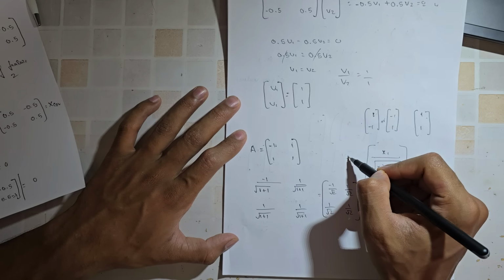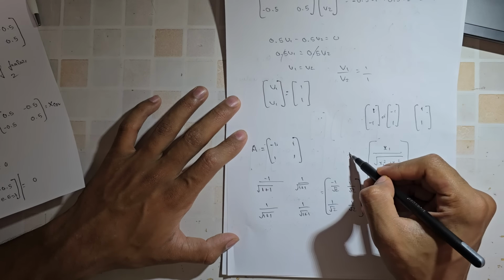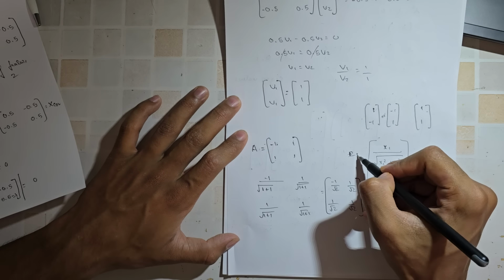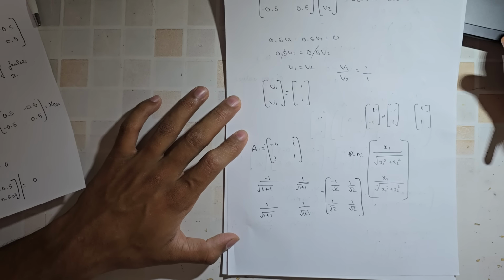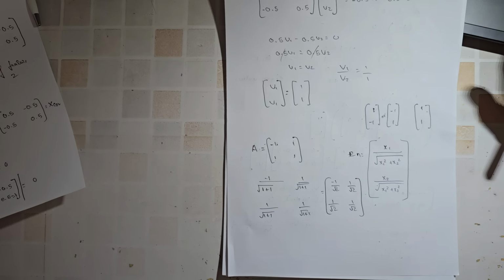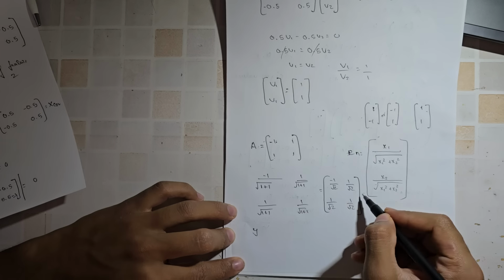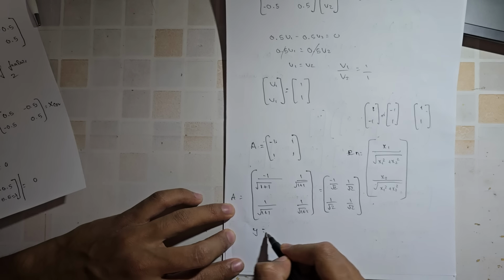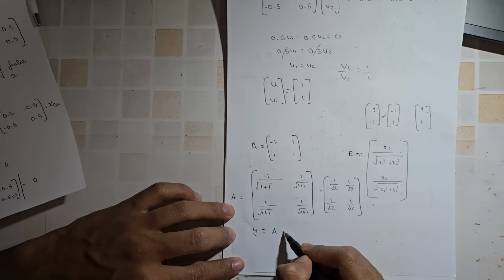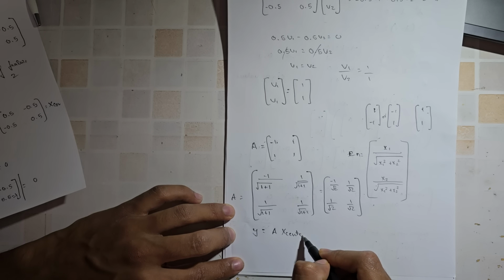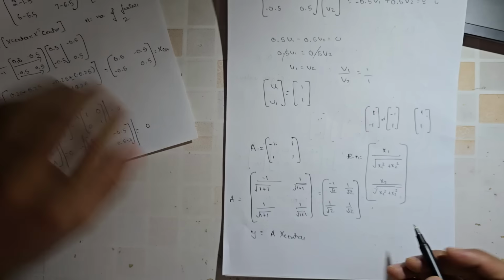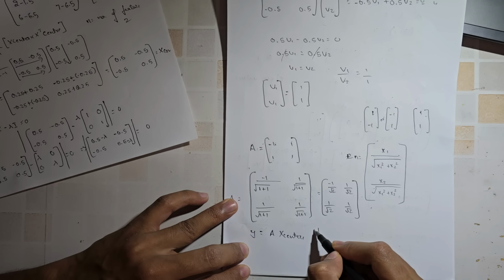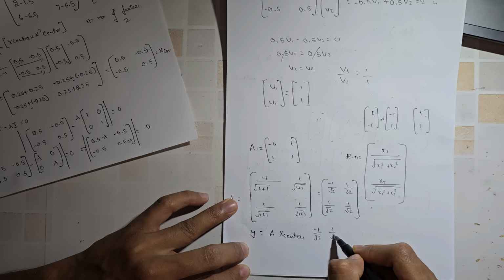The thing you will write is, one second, that en is equals to. Okay, once the normalization is done, you have to do the transform data. It's very simple. Y is equals to, since we have called A is equals to this side, don't forget to put this bracket. Y is equals to A into, you just have to multiply the x centered matrix. Where is the x centered matrix? You have it here, right? 0.5 minus that one, so you have to multiply that, minus 1 by root 2, 1 by root 2, 1 by root 2, 1 by root 2